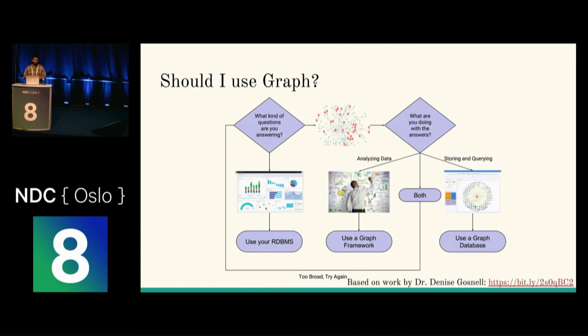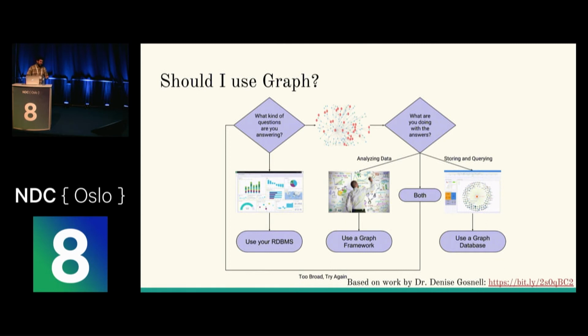Well, if you're going to do that sort of questioning where you're really looking at large sections or the entirety of your graph in order to answer it, that's where a graph framework comes in. Those sorts of questions are optimal ones to use a graph framework to help answer. Or are you trying to find out how Bob's related to Jane or Jane's related to Tom, and I want to show the answers to an end user in, say, a CRM system or something like that? That sort of storing and querying operation is where a graph data store, a graph database itself, is probably the right tool. If you're trying to do both at the same time, you need to go back to the beginning and better define your questions